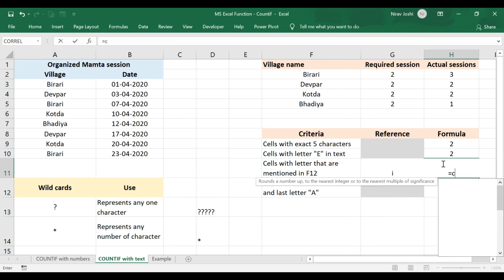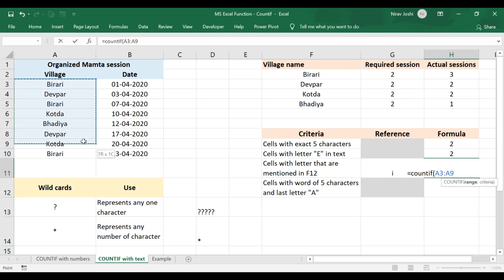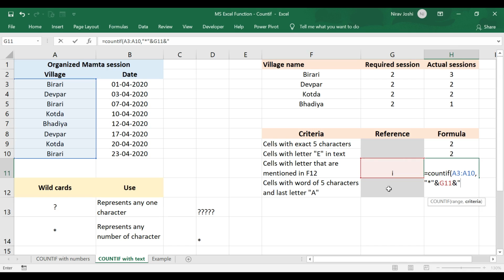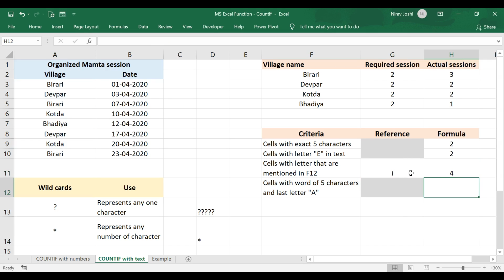So now we again use the formula COUNTIF, select the range, apply double inverted comma, asterisk, again double inverted comma, operator AND, select the cell and double inverted comma, asterisk, double inverted comma, complete the parenthesis and press enter.